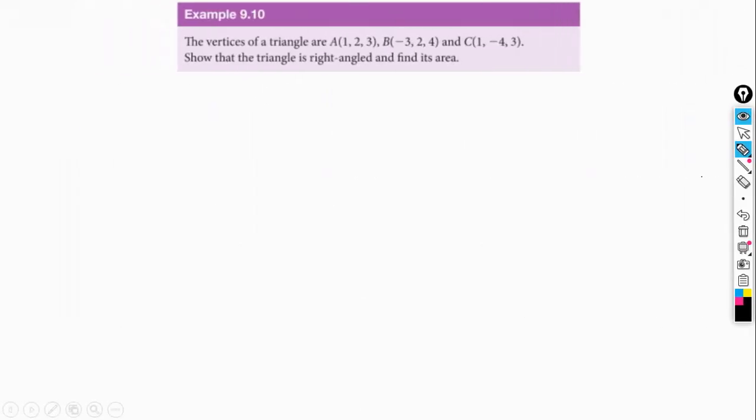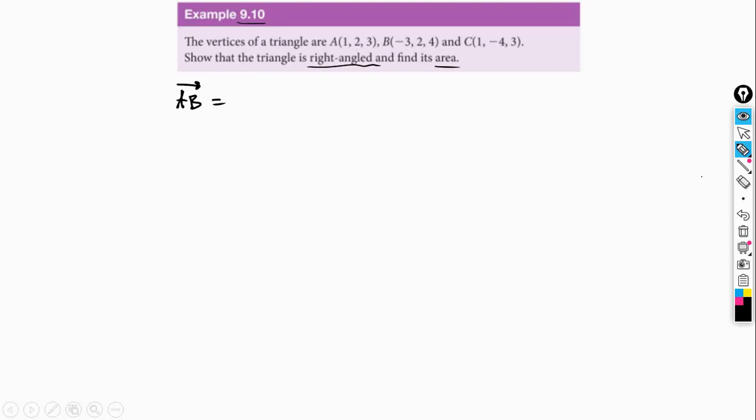So now we have example 9.10, and it says the vertices of a triangle are A (1, 2, 3), B (-3, 2, 4), and C (1, -4, 3). Show that the triangle is right-angled and find its area. Okay, so for this we need to find the vectors, right? So vector AB